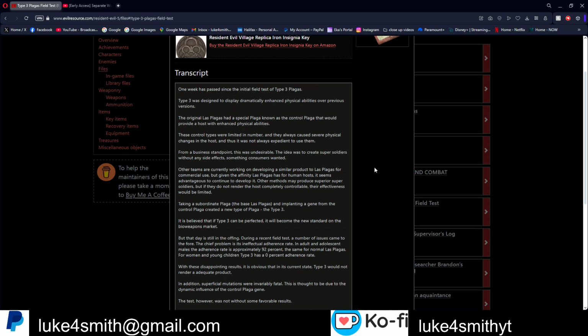1 week has passed since the initial field test of Type 3 Plagas. Type 3 was designed to display dramatically enhanced physical abilities over previous versions. The original Las Plagas has a special plaga known as the Control Plaga that would provide a host with enhanced physical abilities. These control